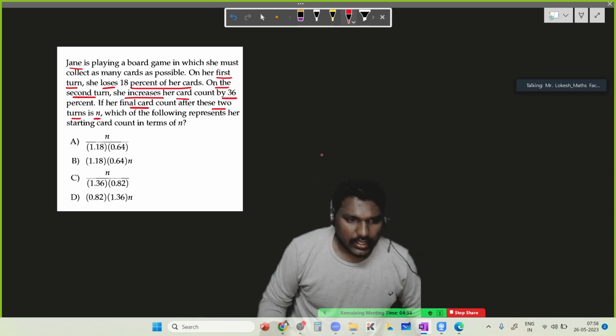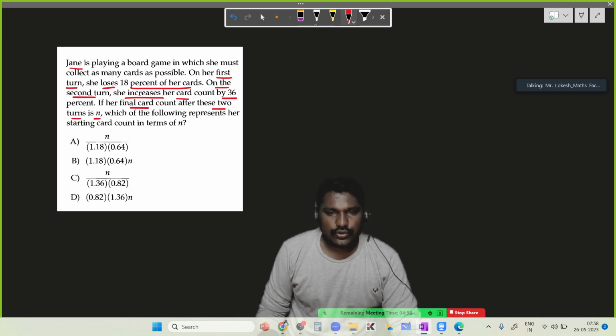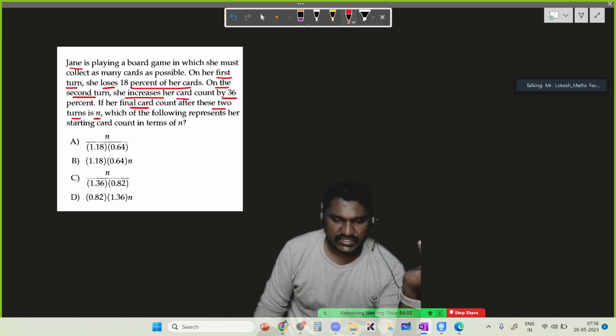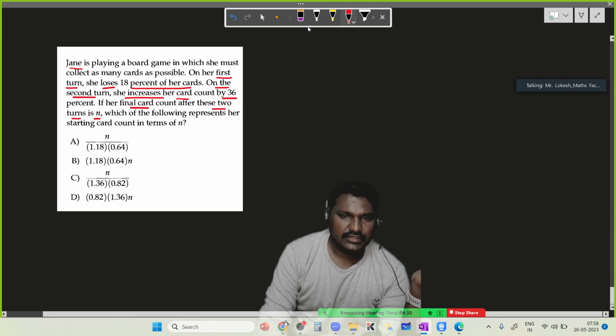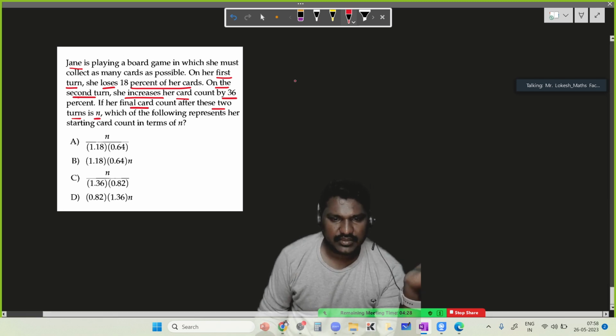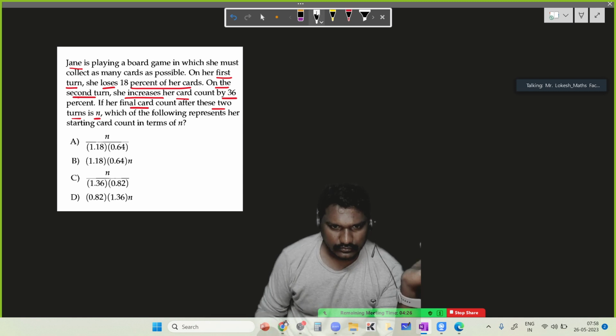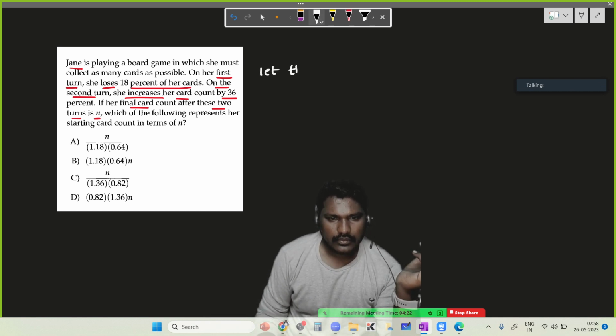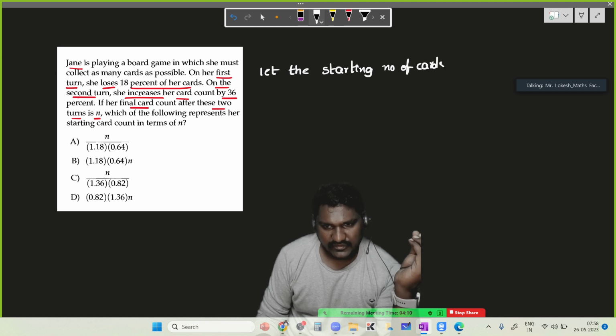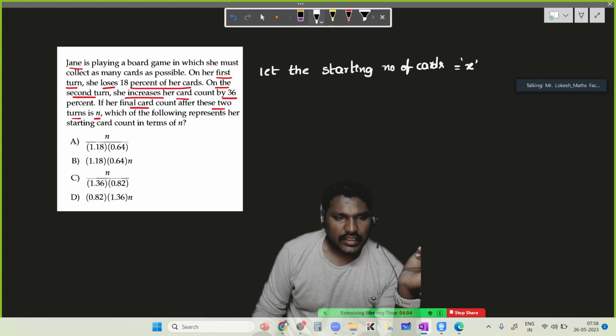Now, since we don't know the starting number of cards she is possessing, let us take the starting count as some x. So let the starting number of cards which she possesses be equal to x. Now, in the first turn,